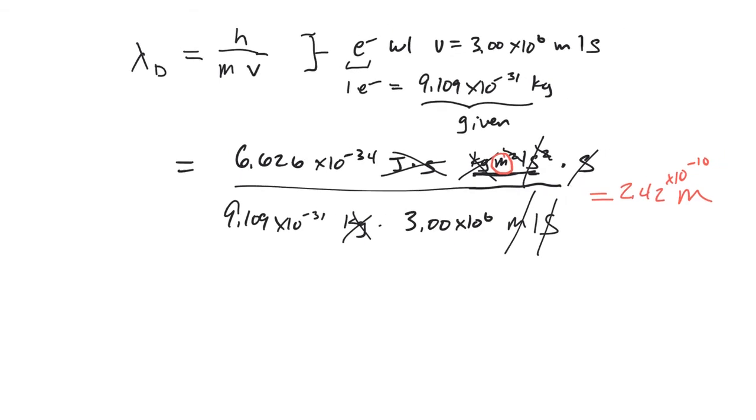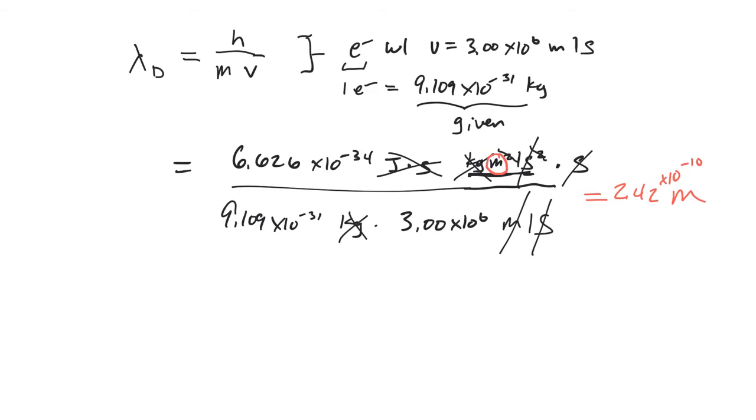So let me rewrite that. This result of 2.42 times 10 to the minus 10 meters, and 1 meter is 10 to the 10 angstrom, so we can multiply by 10 to the 10 angstrom per meter